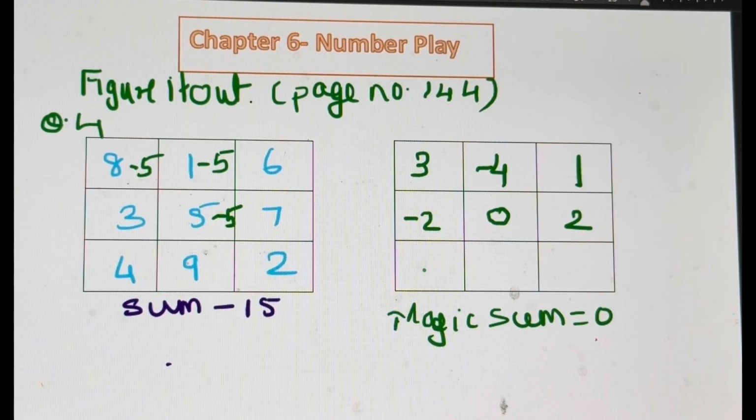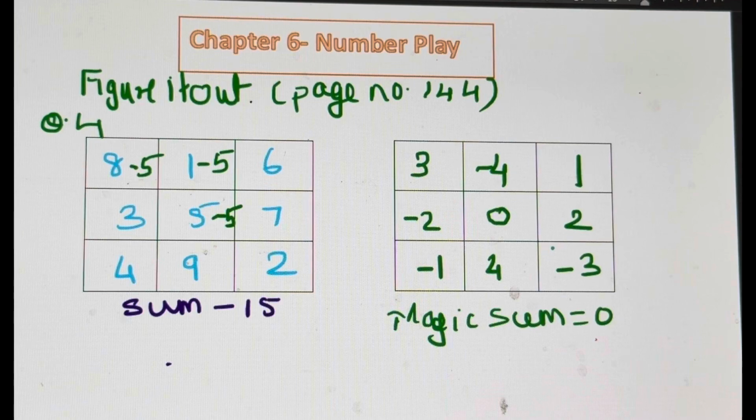Then 4 minus 5 is minus 1. 9 minus 5 is 4. And 2 minus 5 is minus 3. Right? So you can easily get the answer if you just keep this one ready and get this center number as 0. How did you get 0? 5 minus 5 is 0. So subtract 5 from all of the numbers. Right? Or use the generalized formula, which I feel is a little difficult. If you just remember these numbers in order, then just change the orientation and you get the answer.